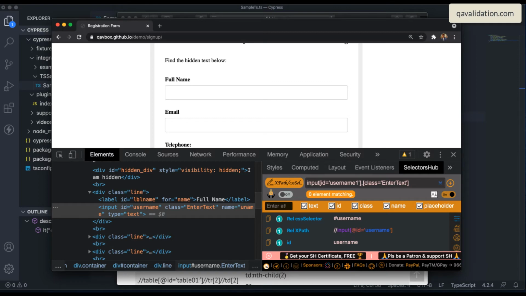Just a second, you can see. So ID I'm giving incorrect, class I'm giving correct, you can see it is identifying the element. So the same thing you can put it. So you can use this criteria. I can give you one real time example where let's say that you have